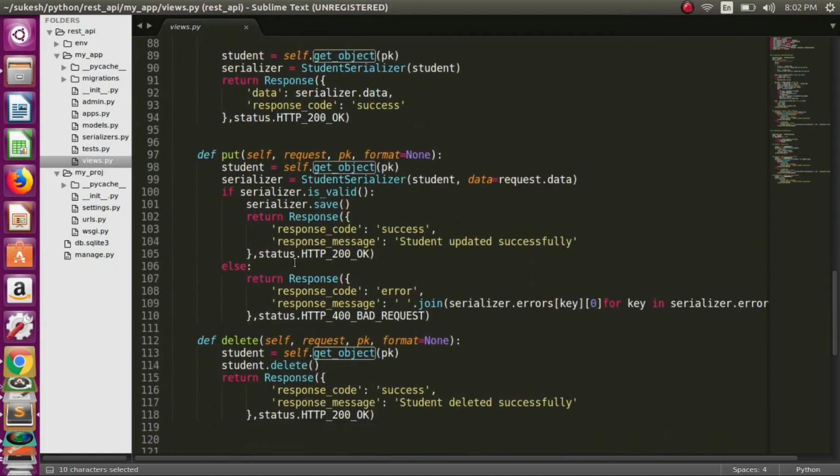In the put method, like earlier, in the student variable get object with the pk, the passed pk is stored in the student variable. In the serializer, student serializer with the request data, check if it is valid. Then if it is valid, serializer.save will be called. Response message is there, student updated successfully. This we saw in Postman earlier. If there is an error, there will be an error message, and the serializer error message will be joined into a single string and passed